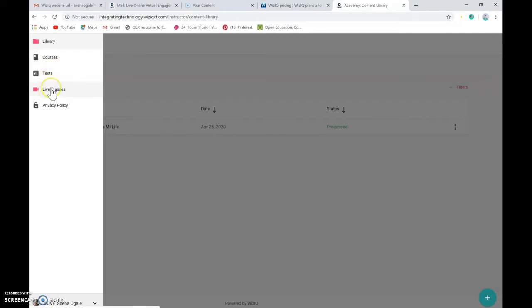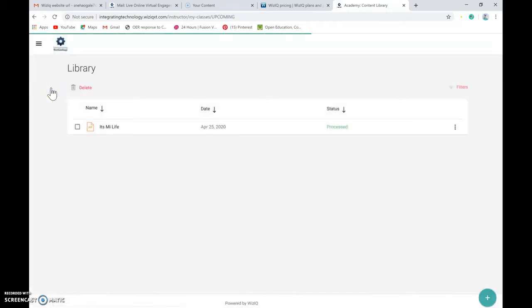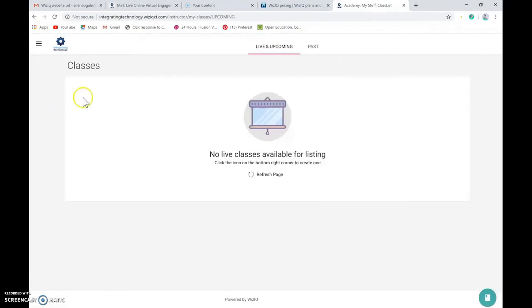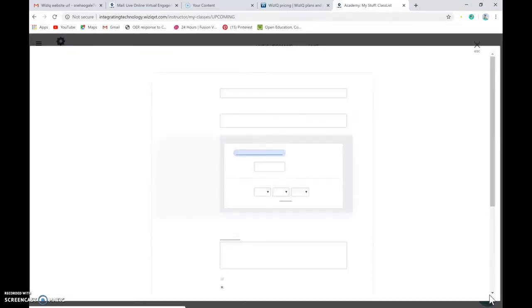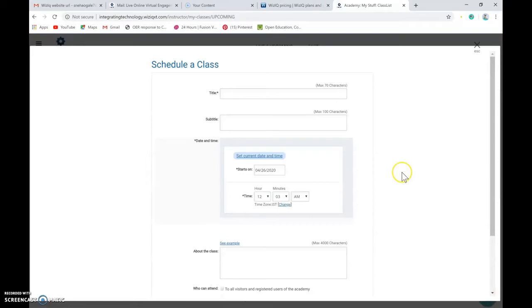Today, let's look at how to schedule a live session. Now, at the bottom right corner, we see a button which is bouncing up and down. Clicking on this will help us create the class. While scheduling this live session, we have to fill in a few details such as the title of the session, suppose I call it My Class